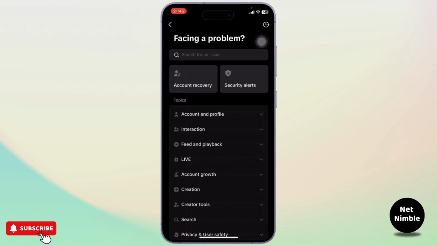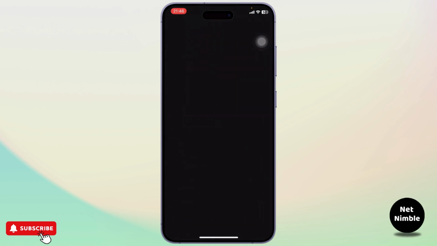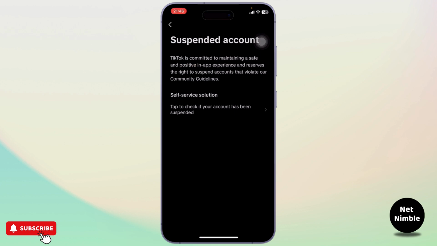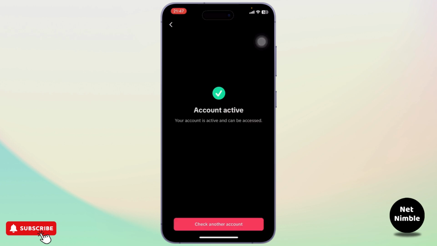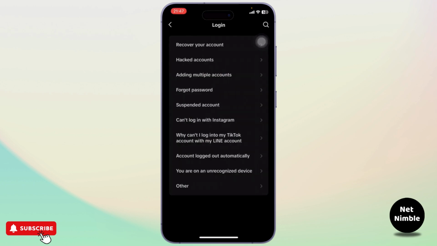After you tap on report a problem, you will see account and profile under topics. Tap on account and profile and tap on login. After you select that, you will get more options here. Tap on suspended account, and after you tap on it, you can simply just tap on this to check if your account is suspended. Now here, since my account is logged in and I'm not suspended, it's not showing there. But after you tap on suspended account, you can simply select your account and then report, and under report